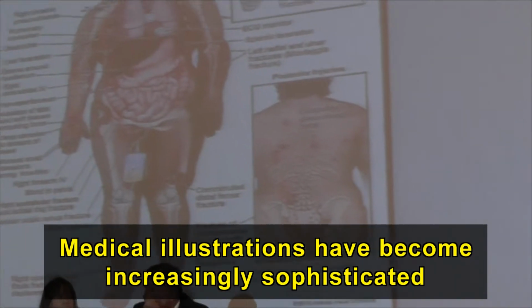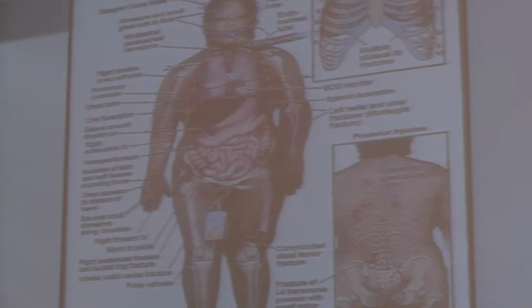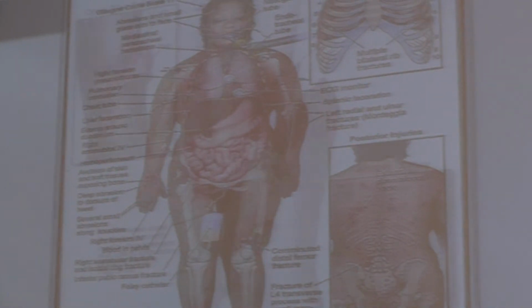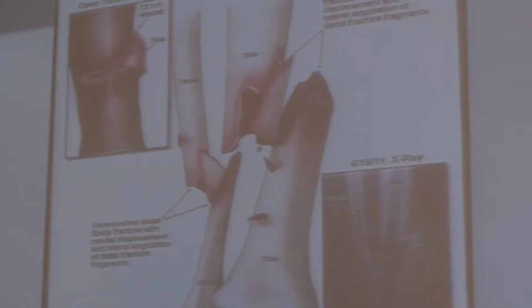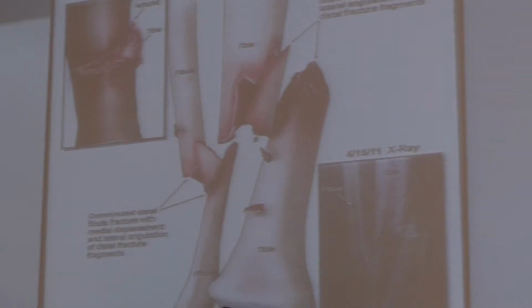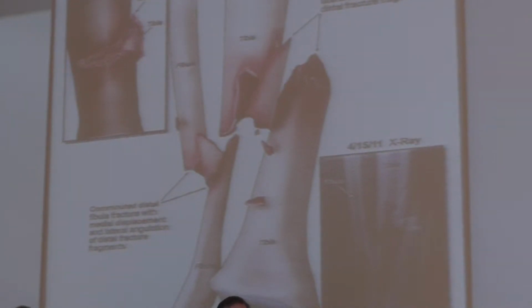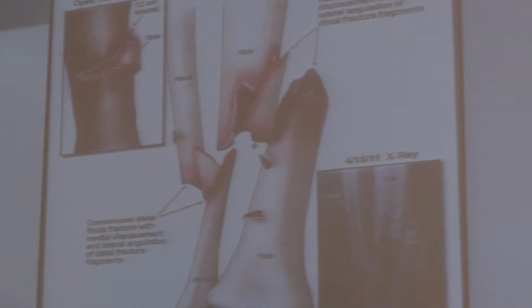You can have a full body picture of the person and then start off with talking about all the different parts of the body that are injured and then break it down into individual slides. The medical illustrators locally in Richmond are fabulous, and you'll find that the jury is really blown away by seeing this kind of